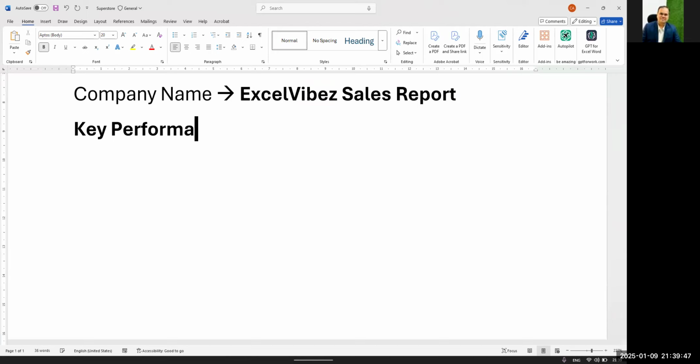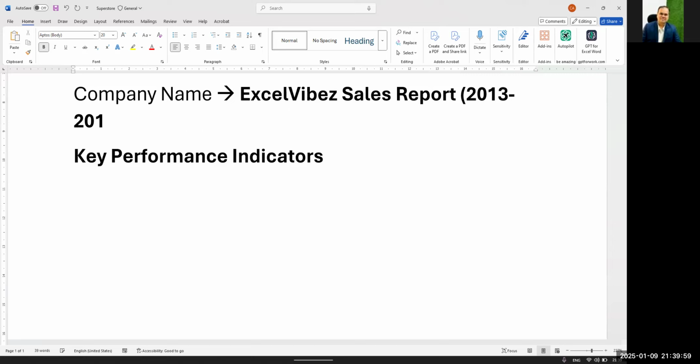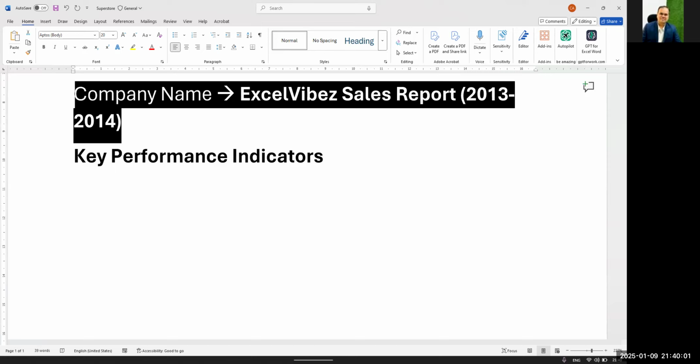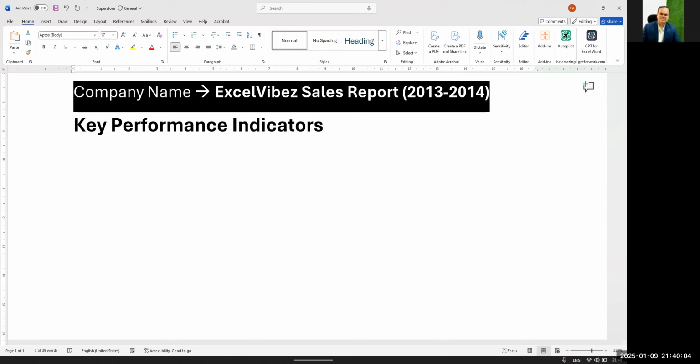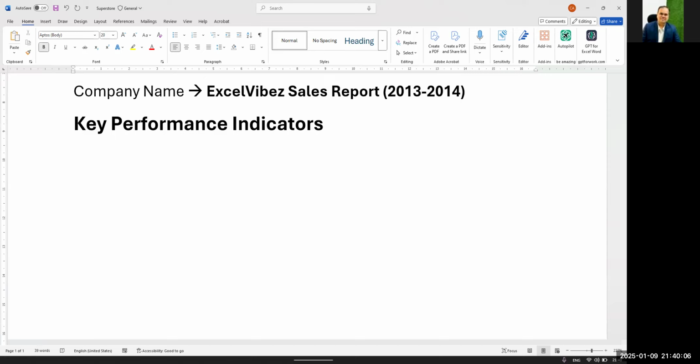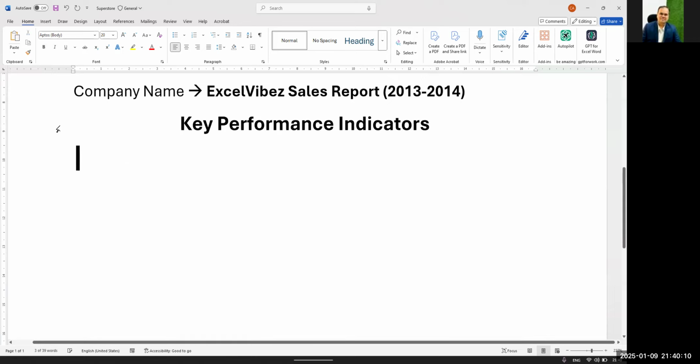Second, उसके बाद आप लिखेंगे की परफॉर्मेंस इंडिकेटर्स। If you have the particular financial year, ठीक है, let's say हमारा डेटा जो है it is 2013 and 2014, so we can put the year also 2013-2014। तो कौन से साल का आप रिपोर्ट शो कर रहे हो, 13-14 का।